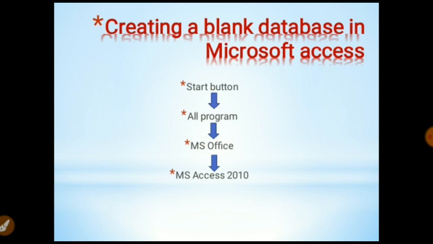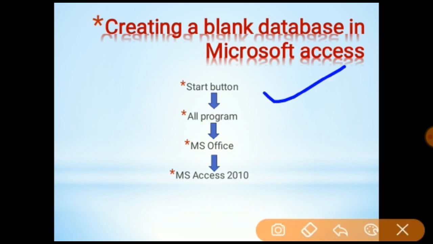Okay, so let's start. First of all, we have to go to the start button, right? Then click on all programs, then go to MS Office tool. When you click on MS Office tool, a dialog box will appear in which all the office functions are given, like MS Office, MS PowerPoint, MS SS, MS Word, Excel, right? So you just have to click on MS SS 2010 or 2007, whatever the SS version you are having in your computer, you just have to click on that. Okay.